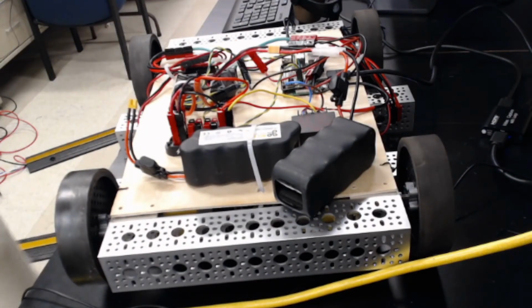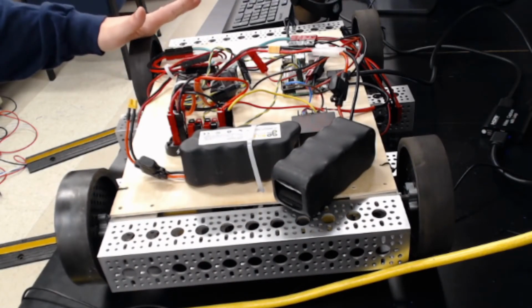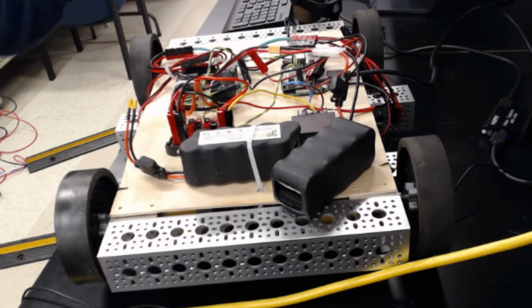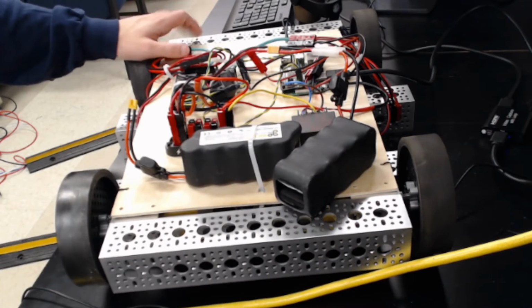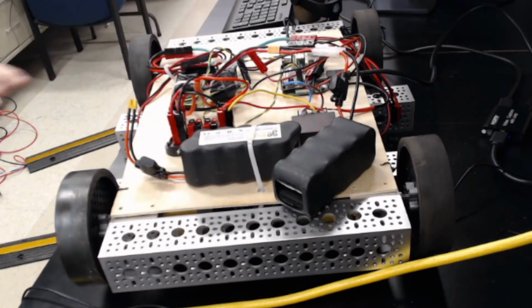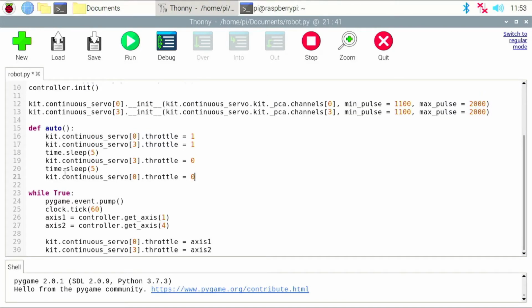There's one issue with that, though. If it starts running the moment I turn it on, which is what it's currently set to do, the moment I flip the switch on my robot, it'll wait 5-10 seconds to start up, and then it'll just start my autonomous on its own. You'd have to be really lucky for that to line up with the start of the match, and you'd have to time when you're turning it on. Anyway, it's a bit of a hassle, so I don't want it to just run on startup. I want to be able to tell it when to run my autonomous program, and that's why I put it in this function. So instead of just calling auto at the start, we're going to call it whenever we hit a